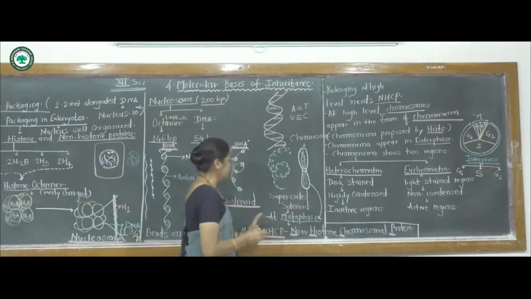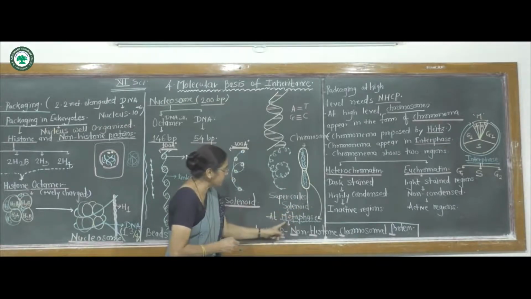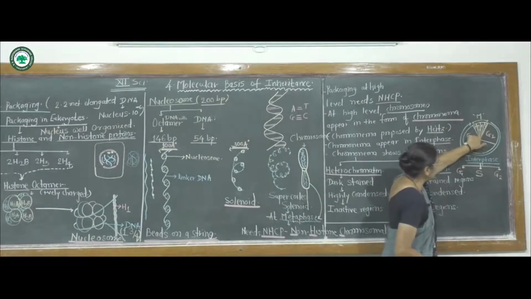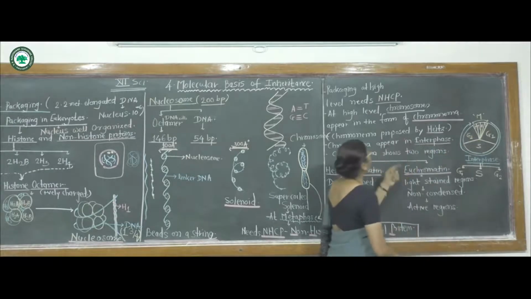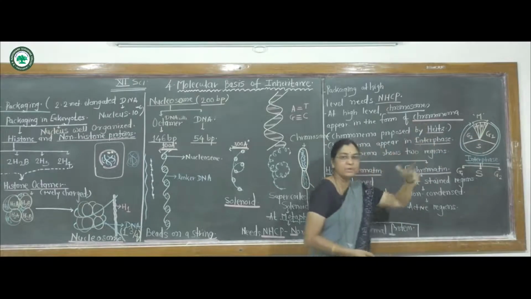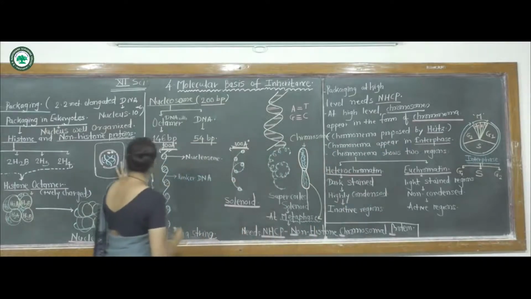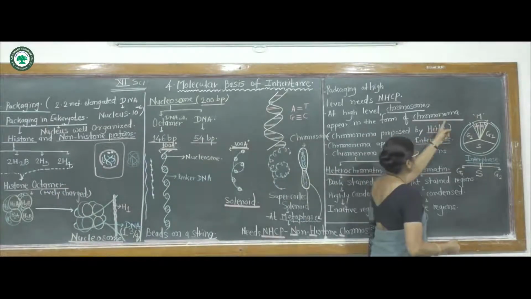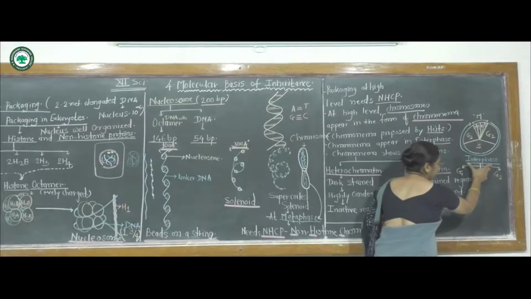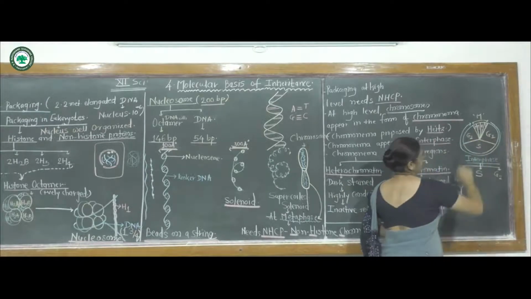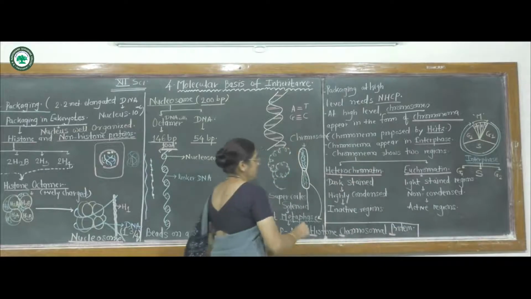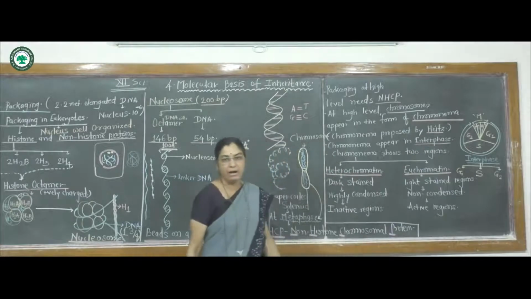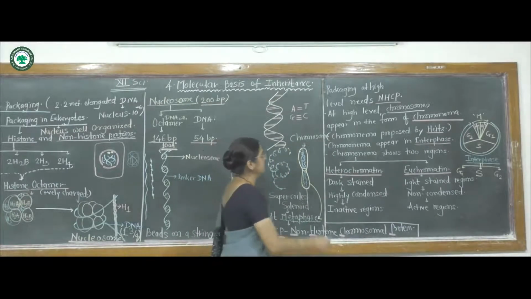So here again I will repeat, the supercoiled solenoid strands get appear in the metaphase only. Metaphase, that means the M phase, here the second phase, that is the metaphase. While the chromonema, that means the chromatin network, here the chromatin network or the chromonema, which get appear in the interphase, that means the G1, S and G2 phase. So the perfections which are important here, the multiple choice question may be asked in the NEET examination or in the CET examination.